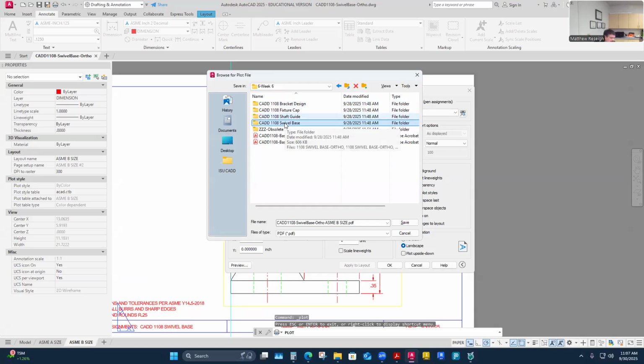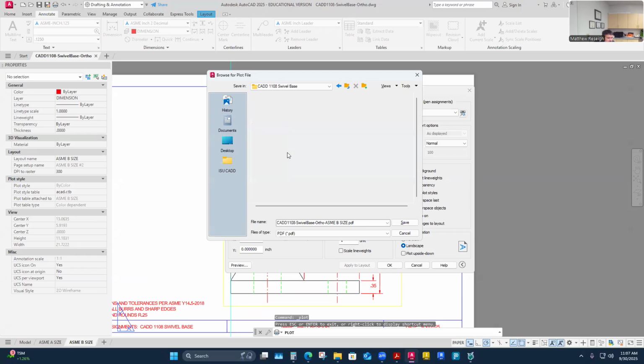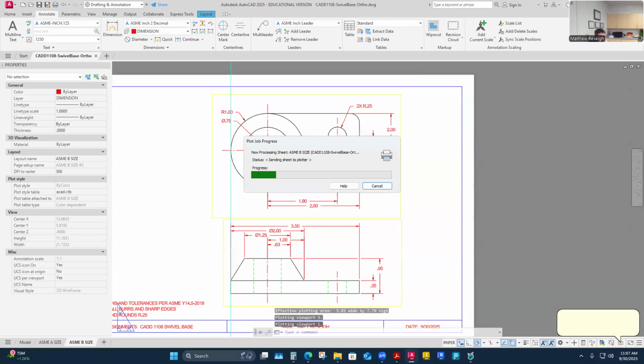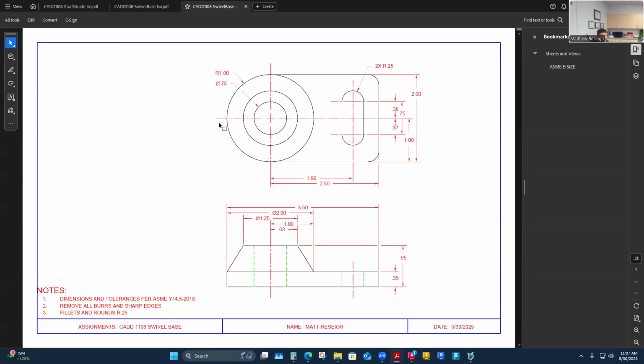I tried to pick a pretty simple one. It has a couple parts and a couple features. So this is my swivel base, and this is its ortho. The first time I have a good ortho. Yeah, sweet. That's it for this one. Probably kind of a long